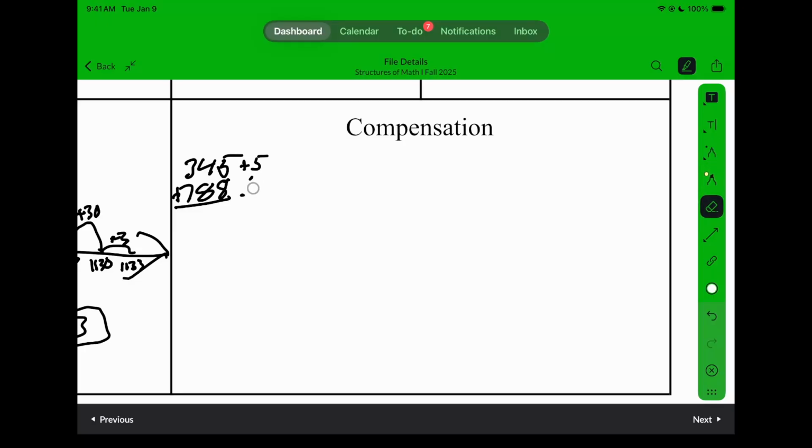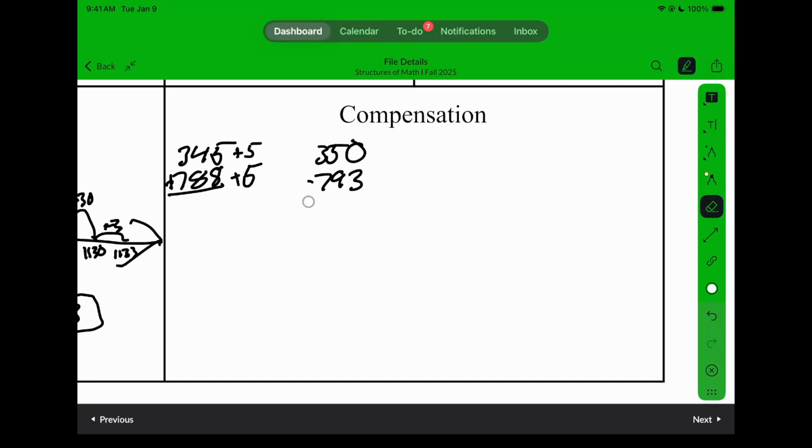Because if you add 5 to both, now there's just extra numbers there and you're doing a whole different addition problem. Like say if we added 5 to both sides, that's 350 plus 793. These are not the same. So that's why we have to make it like we're moving